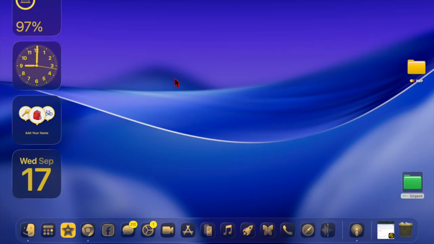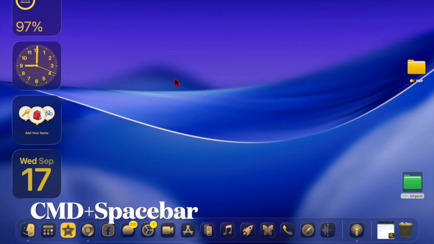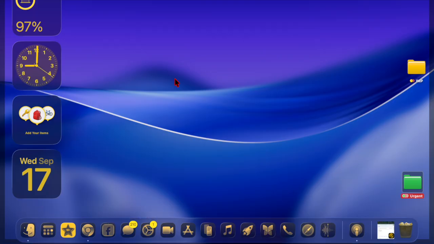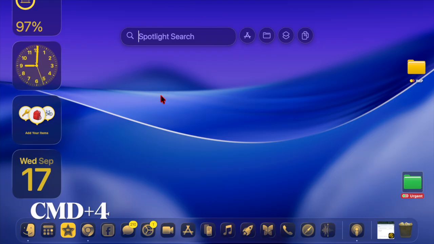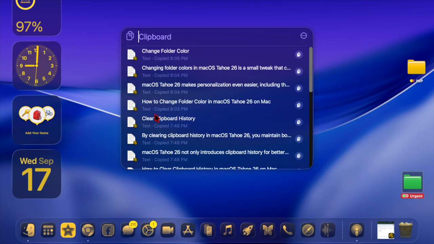So first, we have to press Command plus spacebar to bring up Spotlight on your Mac. Then you have to switch to the clipboard mode by pressing the Command plus 4 keyboard shortcut. You can now browse the past few copied items up to 8 hours back, complete with visual previews and context